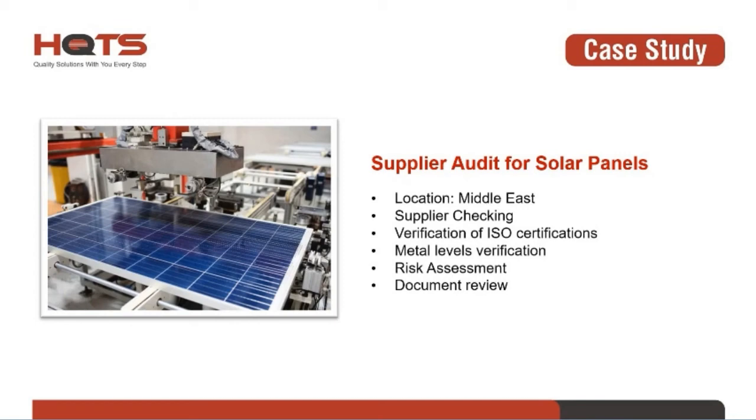In this specific case, there were some discrepancies, so we at HQTS submitted a non-conformity report where we explained in detail which items didn't comply with the required conditions, which therefore allowed the client to get a much better understanding of whether the capabilities of the factory aligned with their specific requirements,